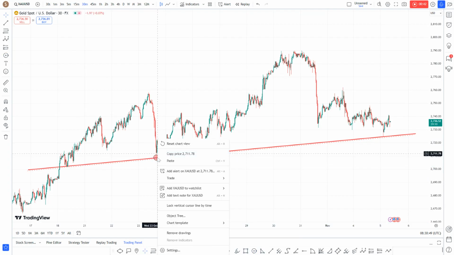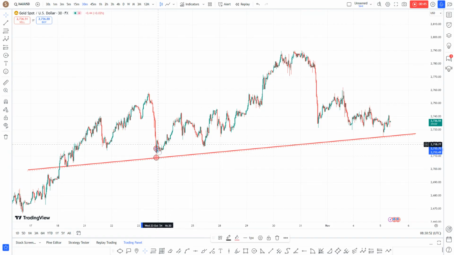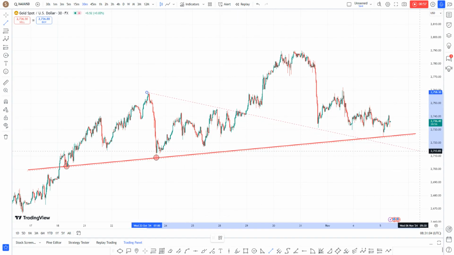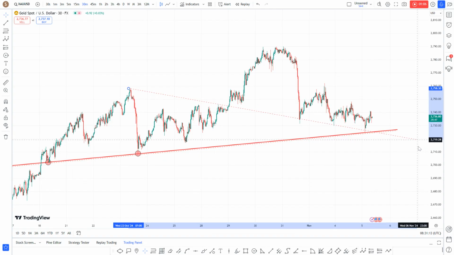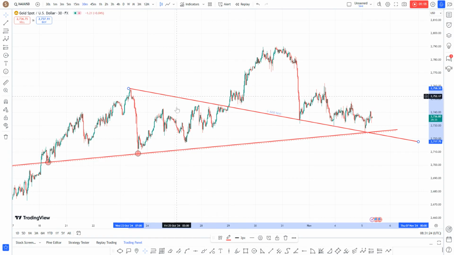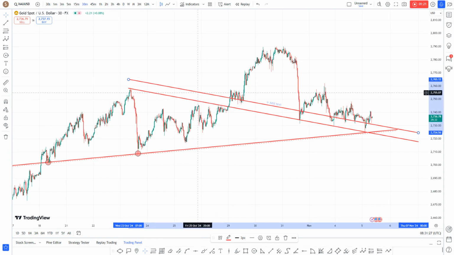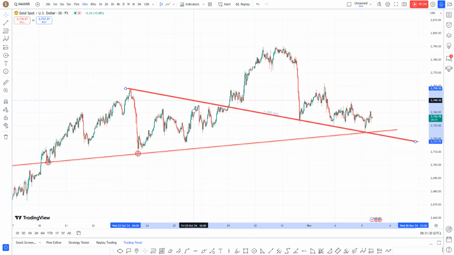Here you have a resistance turned support structure. You have here a support structure, a 30 minutes support structure, and from the roof you have here a resistance structure, the breakout of a resistance structure, followed by a possible retest. So we are going to keep that in our mind. I like to pick that body on that rally, so that we catch the trade, which in the future we expect price to come back and retest a broken descending trend line,